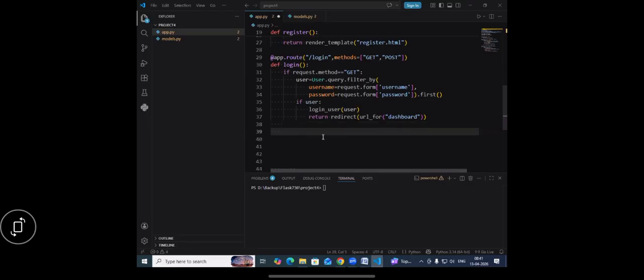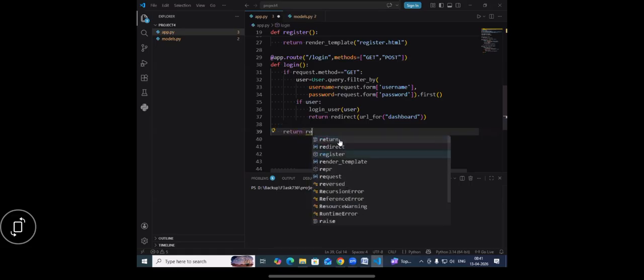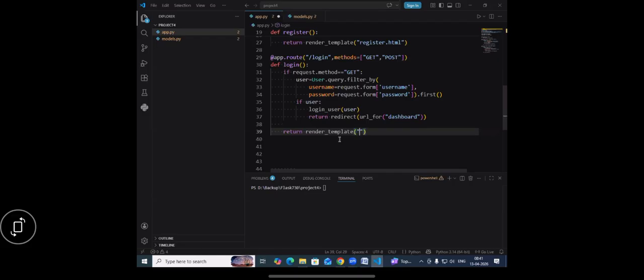If the user details are not valid and the request method is not GET, then it will come to return. Return render template. And what is the name of the template? login.html. When the request method here is not GET, because getting the login template is